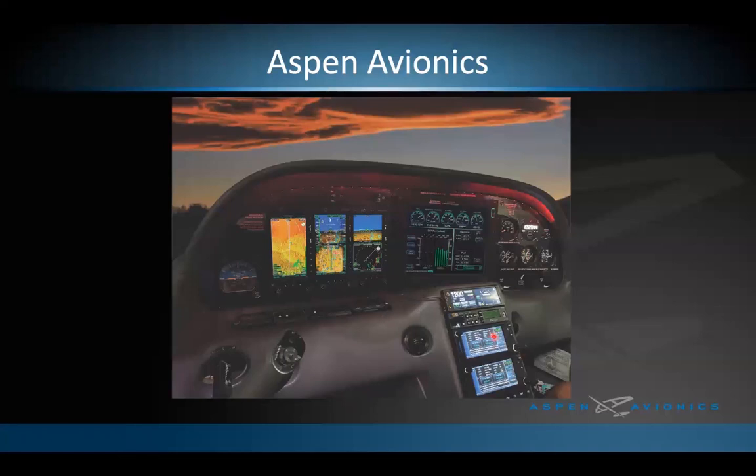Below that is a pair of GTN 650s. This aircraft started its life with 430s, was upgraded to 430Ws. I was actually going to put IFD 440s in here, but I got such a sweet deal from an operator who did not like the touchscreens. So he wanted 430W, so really good trade. But the point is, whether you have 430, 530, 430W, 530W, GTN 650, GTN 750, Avidyne IFD 440, 540, 550,